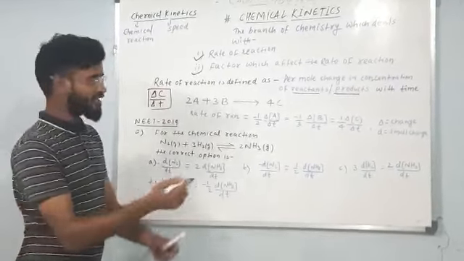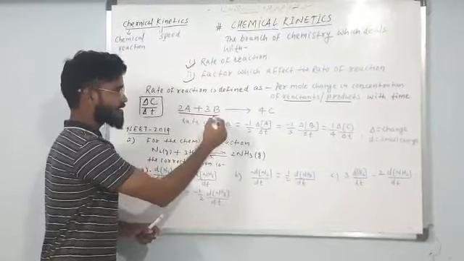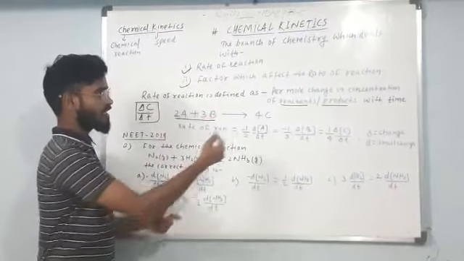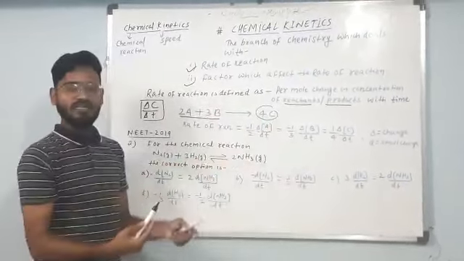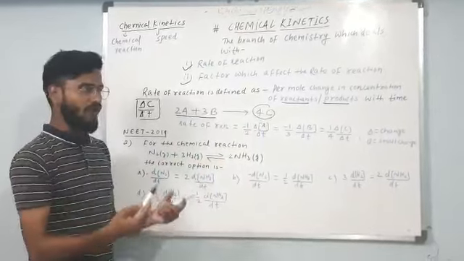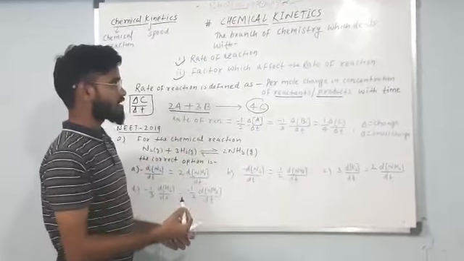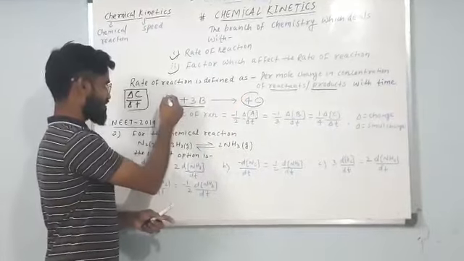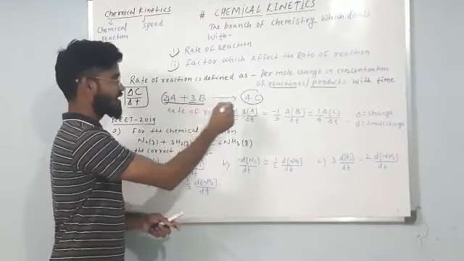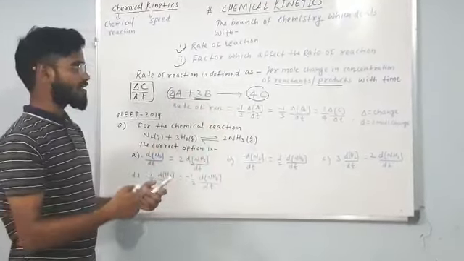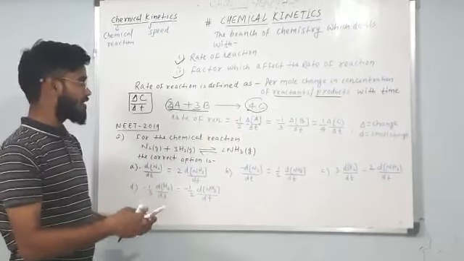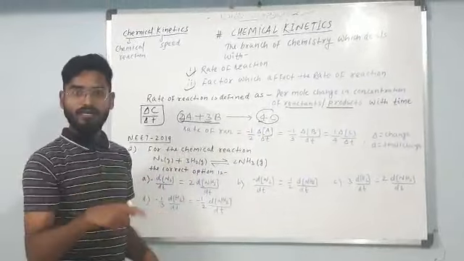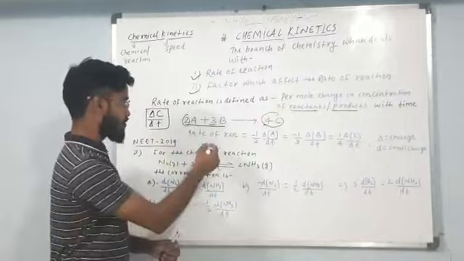So suppose we are taking a chemical reaction and this is a balanced chemical reaction, 2A plus 3B giving us 4C. Suppose this is a chemical reaction. So how to write the rate? Go through the definition first. Per mole. So these numbers 2A, 3B, 4, these are all nothing but moles. We treat them as moles and we name them stoichiometric coefficients.